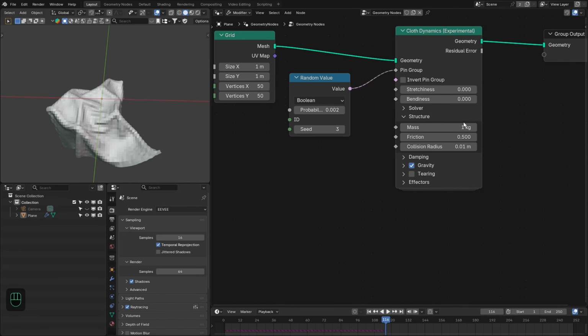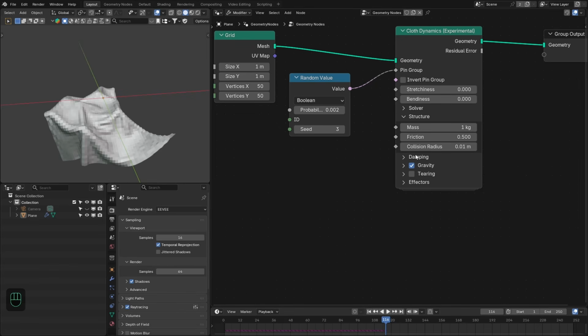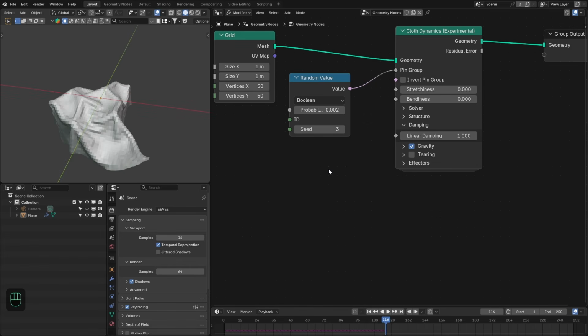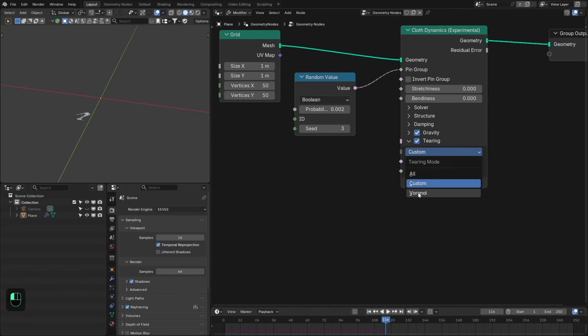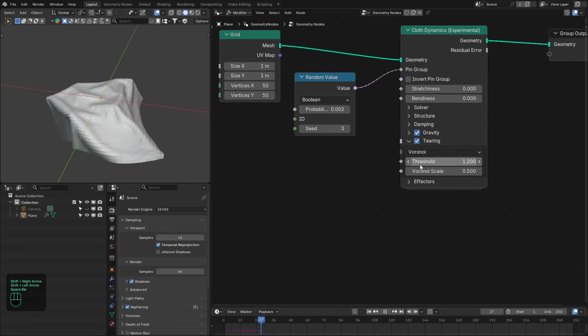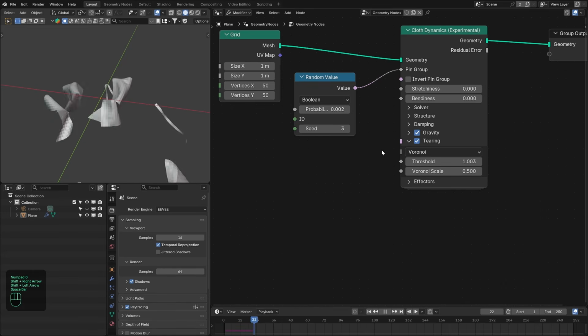Then you have the structure. Here you can define things like mass per vertex, friction, and the collision radius. This is the radius from the external object for the collision. Then you have the damping, which is kind of air drag for the cloth. Then you have the gravity, and after that we have a really important feature, that is tearing. We can tear this cloth based on these parameters. Like we can define the threshold, or we can define the custom group, or we can also tear that based on the Voronoi. So let me enable that, change this to Voronoi, and if we run this, let me decrease the threshold to maybe 1025. See,